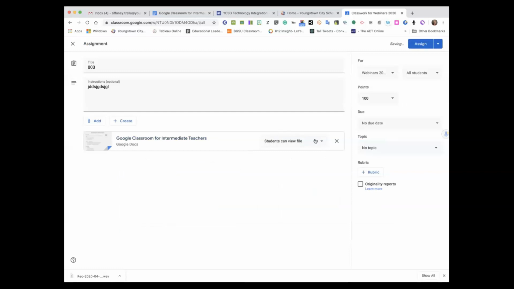You have this right here. Students can view a file. Please make sure you choose make a copy for each student. If you do that, then when the student gets it, they have their own copy and they can write answers on it. They can edit it. They can change it. They don't have to make a copy of it and then attach it. You can see in real time what they are working on. So if I choose this assignment, and of course I put it under today's topic and I make it due on Friday and I assign it,